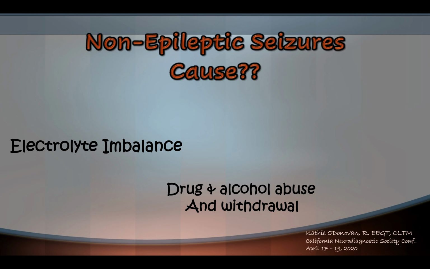The definition of epilepsy technically is 2 seizures in your lifetime. You can have them 20 years apart, doesn't matter. When you have the second one, you have epilepsy. Well, with electrolyte imbalance and some of these others, they can have more than one seizure. You can have alcohol withdrawal problems multiple times, but that doesn't mean you have epilepsy the way we think of epilepsy. Same thing with electrolyte imbalances and some of these others.